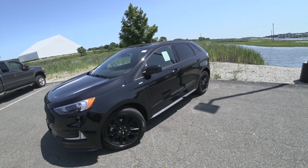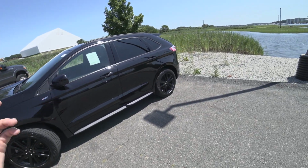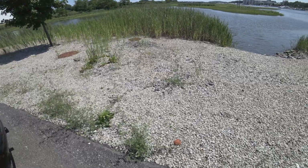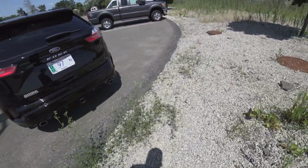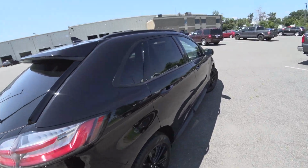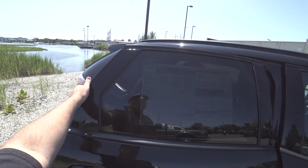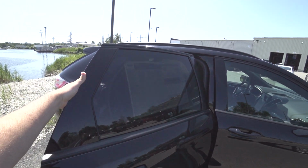Today we have the 2021 Ford Edge ST Line. So for 2021, Edge got a couple of little changes. The biggest is in the interior, which we will go into soon enough. Of course, the ST Line isn't the full ST. So this one has the twin-scroll 2-liter EcoBoost, 8-speed automatic, Agate Black over Ebony,